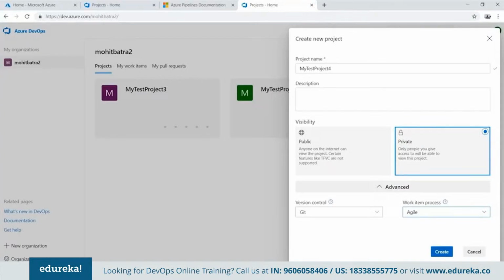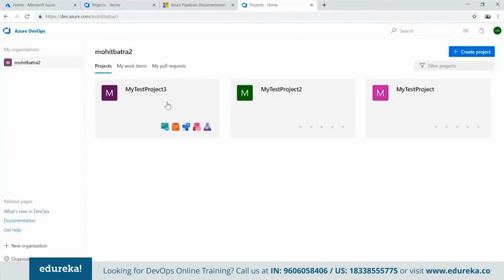As soon as you do that, you will see something like this one, My Test Project 3, because I created this one and added a few things here. I want to show you that. Before we go inside My Test Project 3, what are the things you can see here? Azure Boards, which we have already talked about, the repositories, Azure Repos, then the Azure Pipelines, the test plans, and then the artifacts. The same stuff that we have seen in the slide is available on dev.azure.com once you create a project.